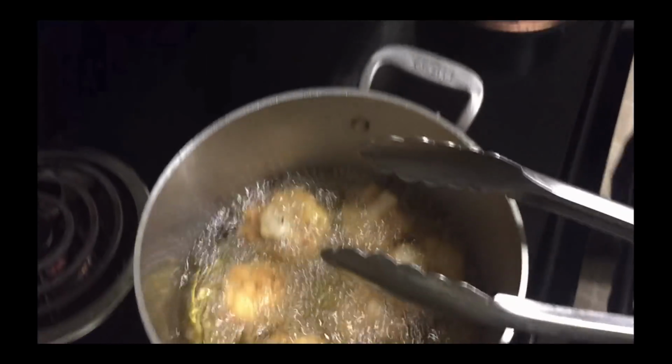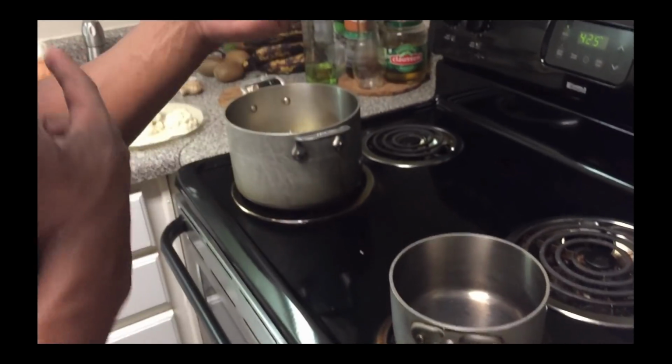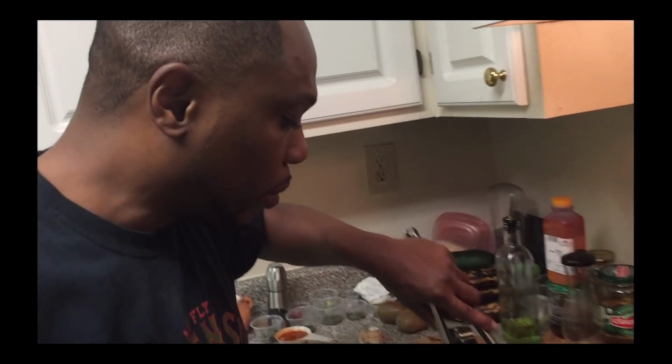So our cauliflower is almost done, right? Cauliflower is almost done. So let's get this hot sauce done now. Our hot wings, or our hot cauliflower sauce. I'm going to use a little bit of butter. And we're going to heat that butter up. We're going to melt it. We're going to start